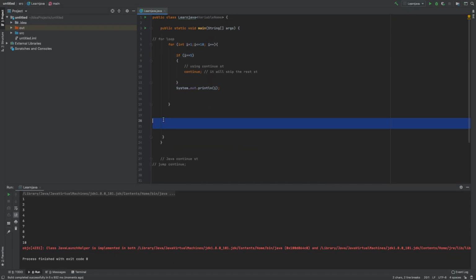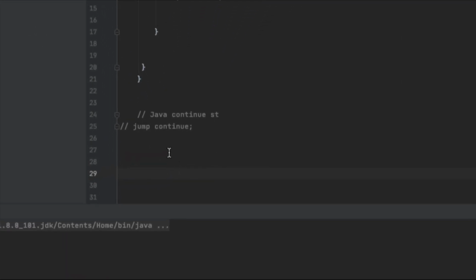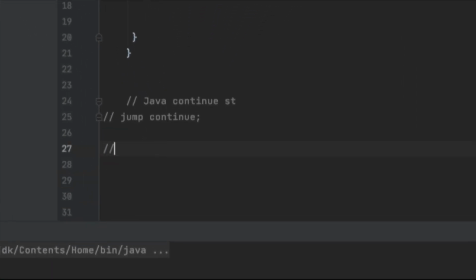We have more things with the continue statement. We have the Java continue statement with inner loop, the Java continue statement with labeled for loop, the Java continue statement in while loop, and the Java continue statement in do while loop. I'll give you an example of all of them and a simple explanation of what it means. So moving forward,